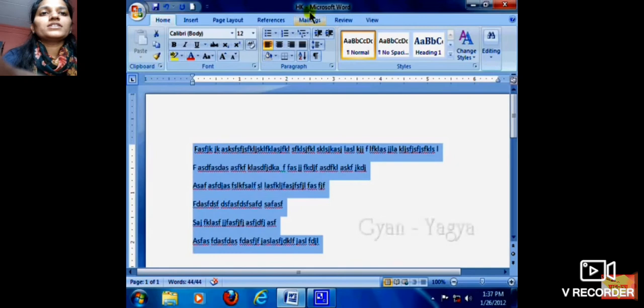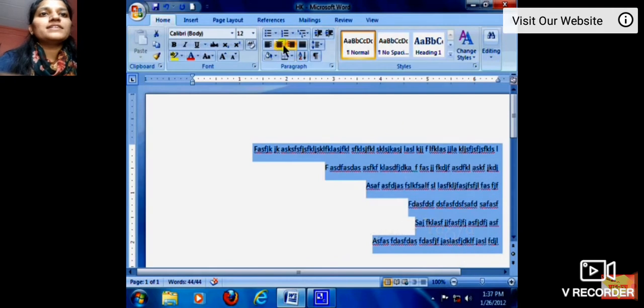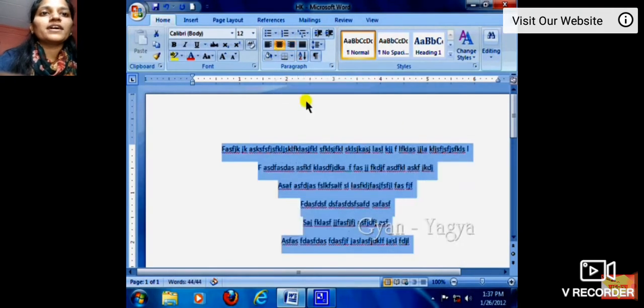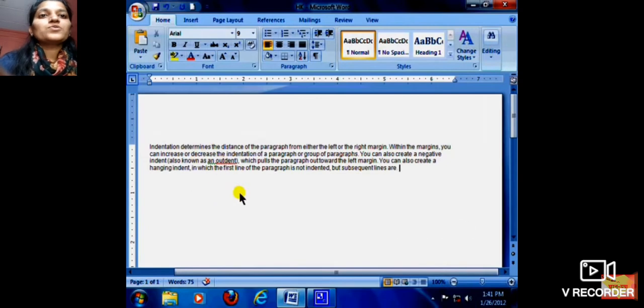If we want our data at the right, then we can get it at the right side. So we have to select these three options. If we want it at the center again, we are going to click on the center alignment. Okay, so now students, what we are going to see here also, first of all we are going to